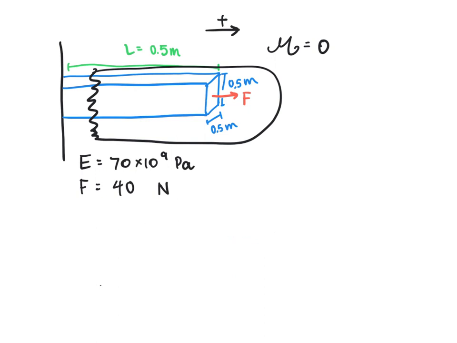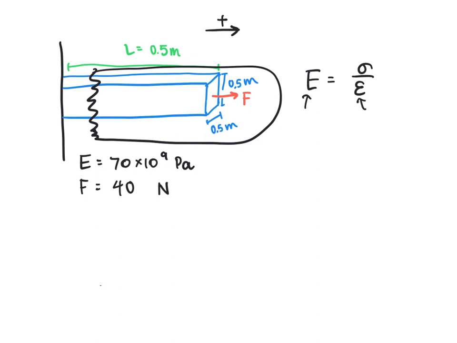So here I give you that the Young's modulus is that of aluminum, which is 70 times 10 to the 9 pascals, or 70 gigapascals, and the force, F, is going to be 40 newtons. So the first thing we want to do is write the governing equation. We know that Young's modulus is equal to stress over strain. We know the Young's modulus, and our goal is to find